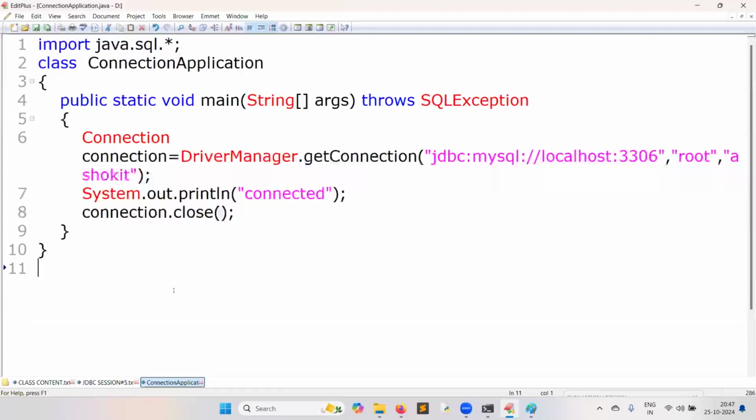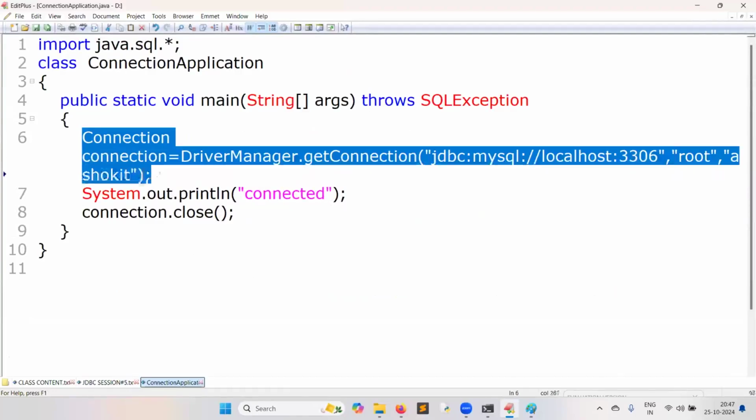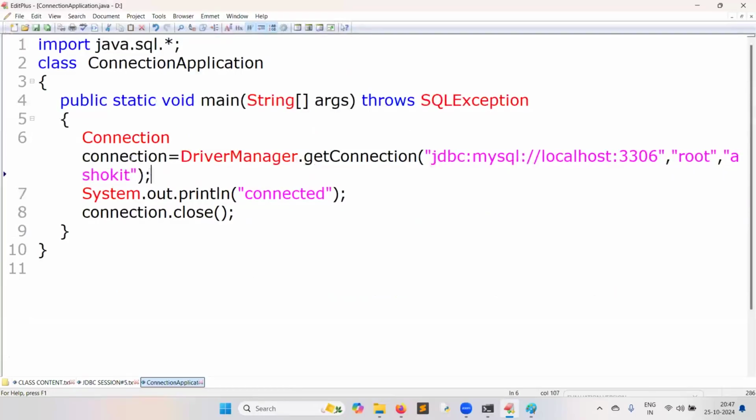The other day I did not explain this, so exactly one minute I repeat. Let us go further. The getConnection method takes three arguments. First argument is database server URL, then username, password.